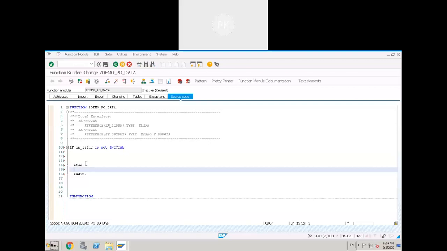We have to pass variables. Which variable? Which variable you have to pass? Local variable LV. Then